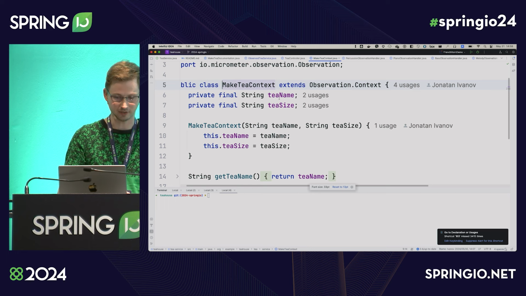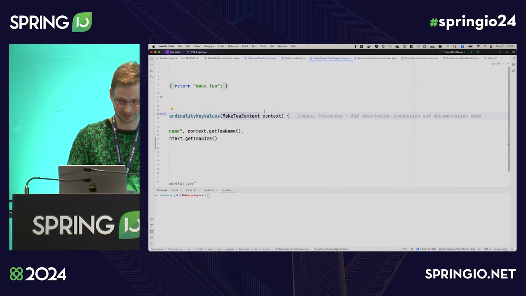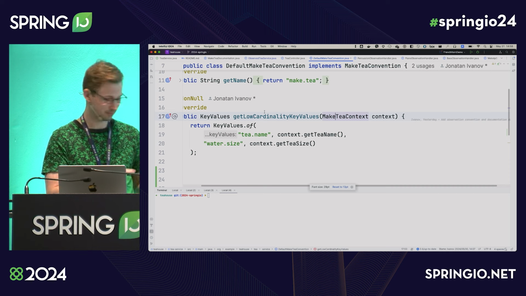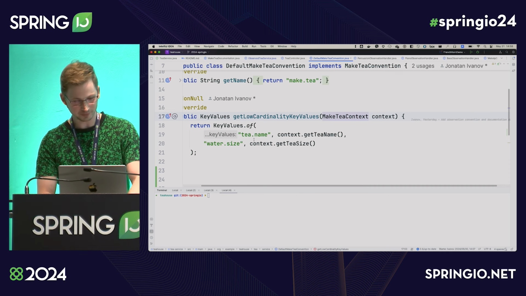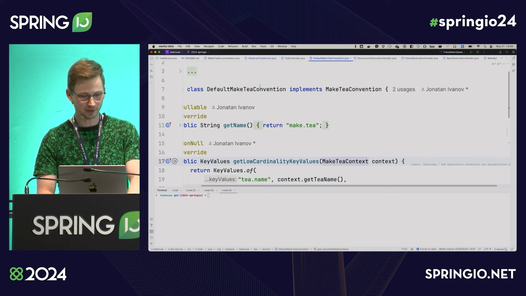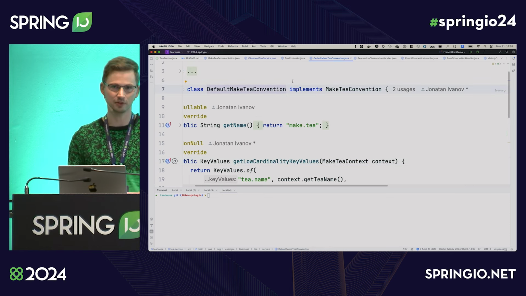That should have been water size, not tea size, but if you ignore that. After you brew a tea, the water size is the tea size. There, saved. It's not a bug, it's a feature. So in this way, you can see that there is a default tea convention, but a user could create their